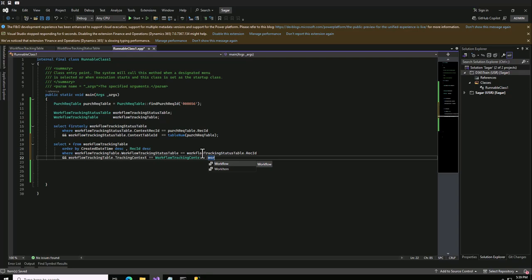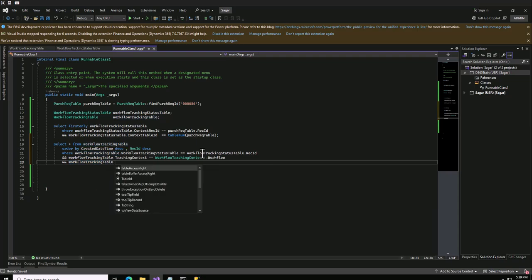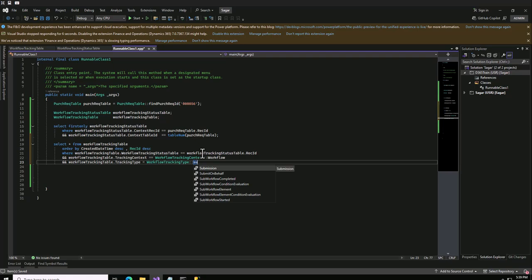And here we need to write one more condition, that is the tracking type should be either submission or submission on behalf. Workflow tracking table dot tracking type. So it's a workflow tracking type. We have this particular EDT, and here you see we'll be using both the EDTs because there could be this particular situation as well. So to cover both of these scenarios, we will simply